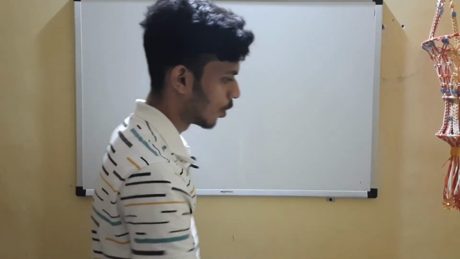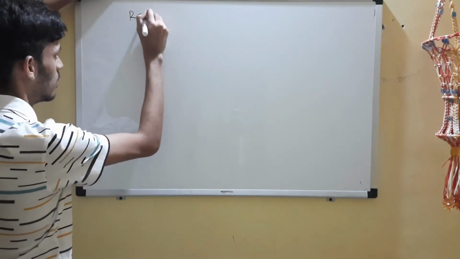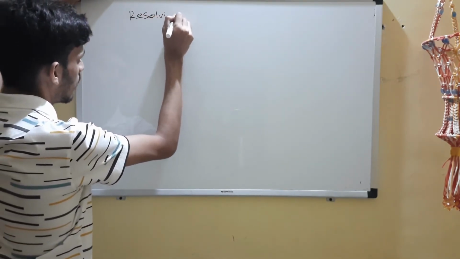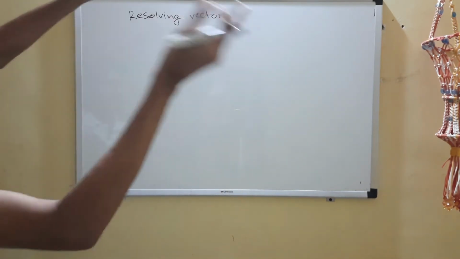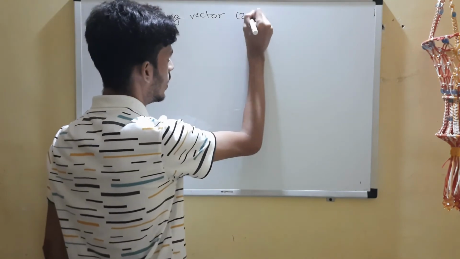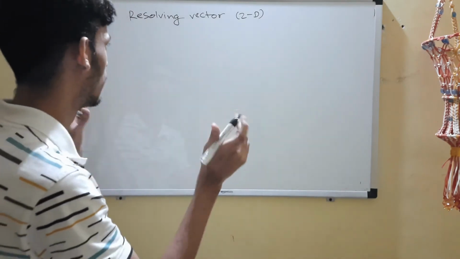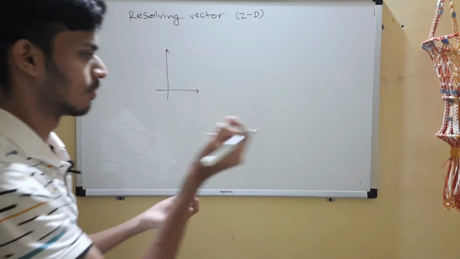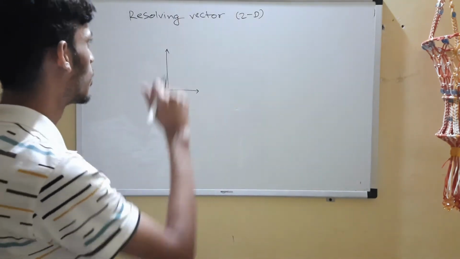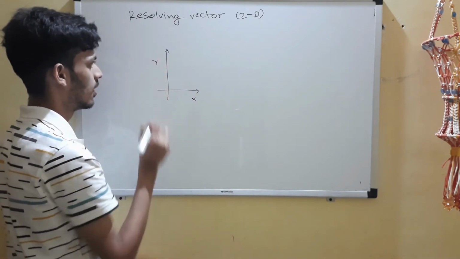Now let's go to the interesting topic, which is resolving a vector into its trigonometric components. Especially we'll do it in 2D. We are going to use a bit of trigonometry, not very high level, not rocket science, very easy language, basics of trigonometry. So no need of the z-axis; the x and y axes are enough.